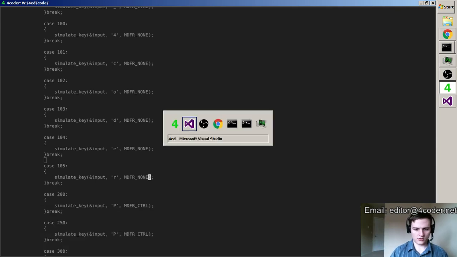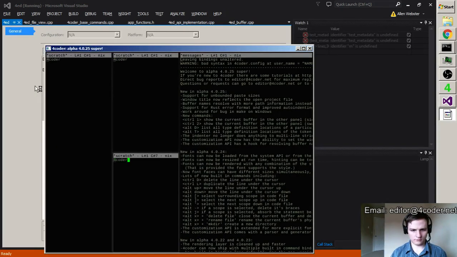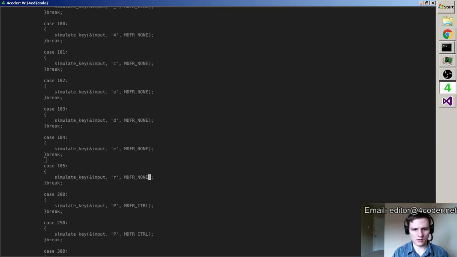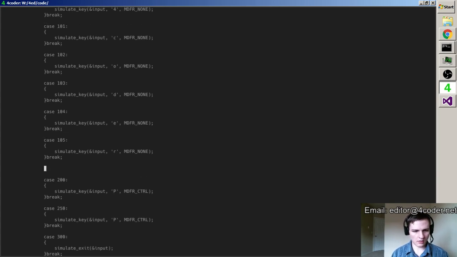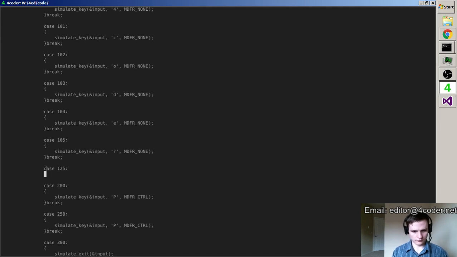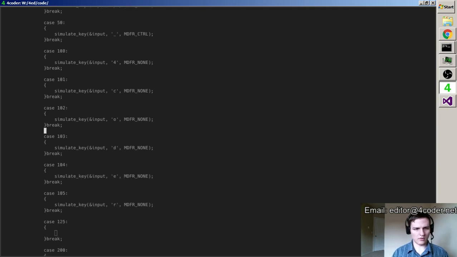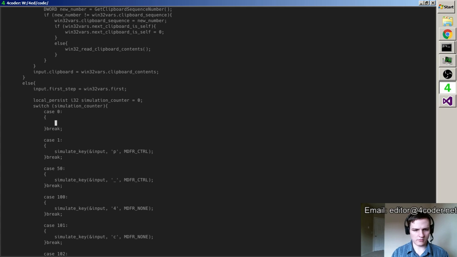So, let's try out this test real quick. Alright, sweet. So I can type stuff from the simulate key. I can type stuff. I want to be able to click. So let's do, and really I ought to do a thing where I initialize the mouse right here so that it's got some kind of actual position.